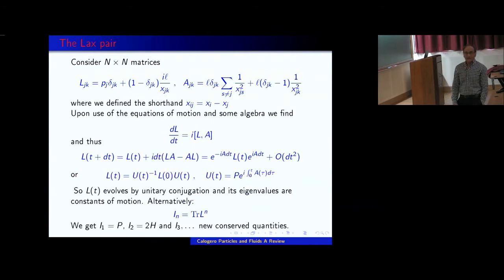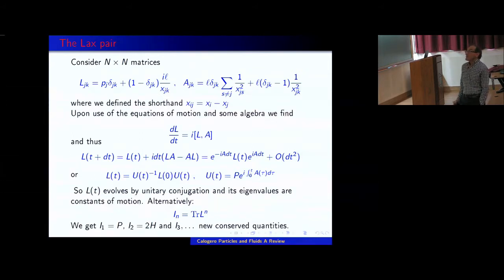The integrability is proved through the Lax pair. We consider, at this point without motivation, although you will see where they arise in a moment, these two Hermitian n by n matrices. N is the number of particles. One matrix has a diagonal, which is the momenta of the particles, and some off-diagonal terms of this form. And the other matrix is a little bit more peculiar. It has 1 over x squared terms like that.